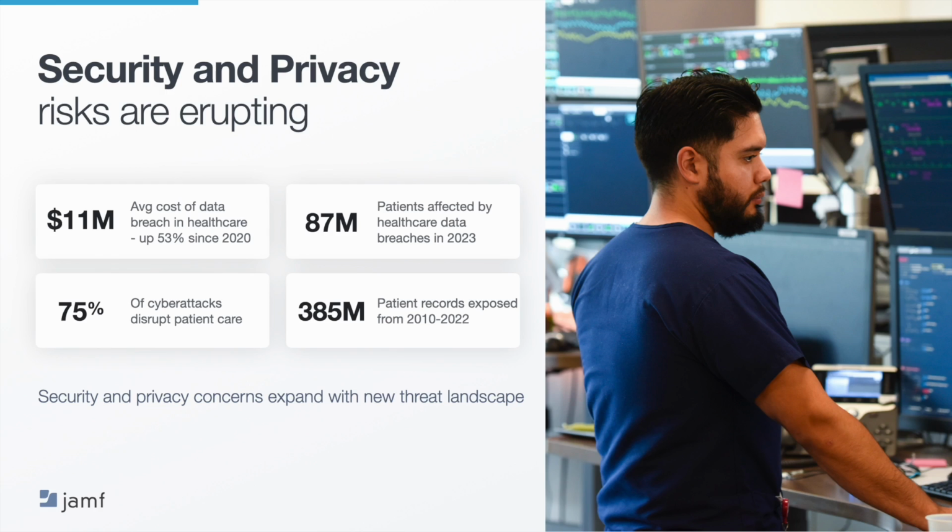Per IBM, for the 12th year in a row, healthcare participants saw the costliest breaches amongst industries, with the average cost rising to $11 million per breach in 2023. This is up 9% from 2021 and 53% since 2020. Not only have costs associated with breaches risen, so have the amount of patient records affected by these. 87 million patients have been affected this year alone, and over the past 12 years, 385 patients have had their